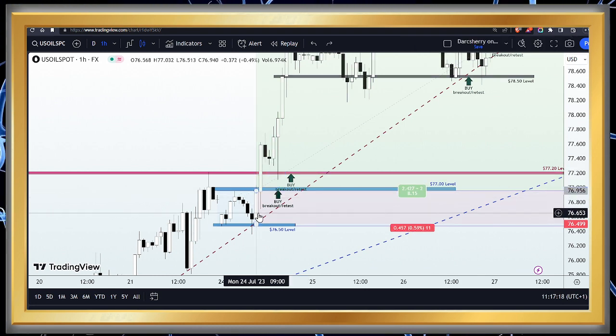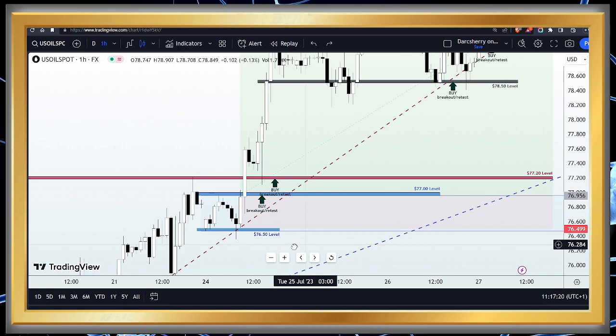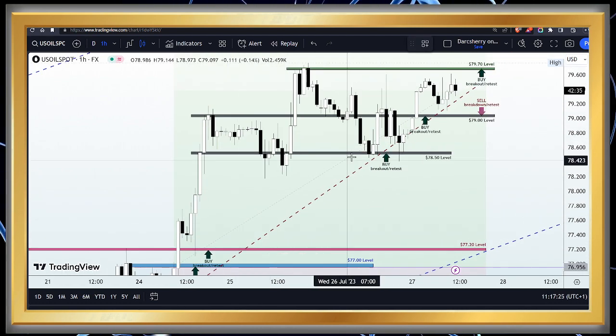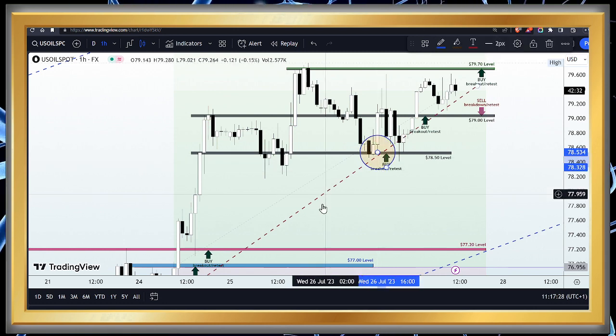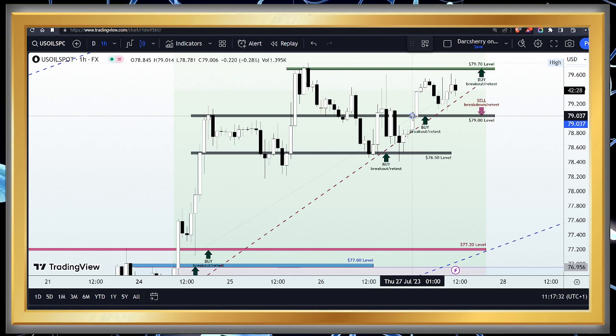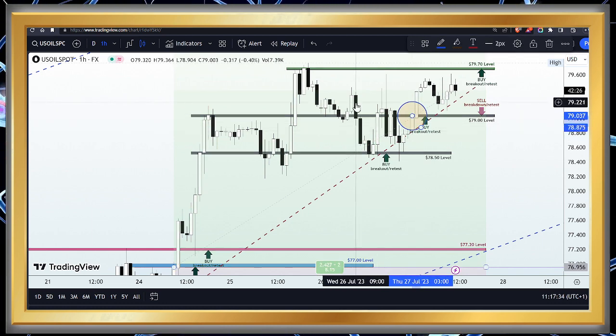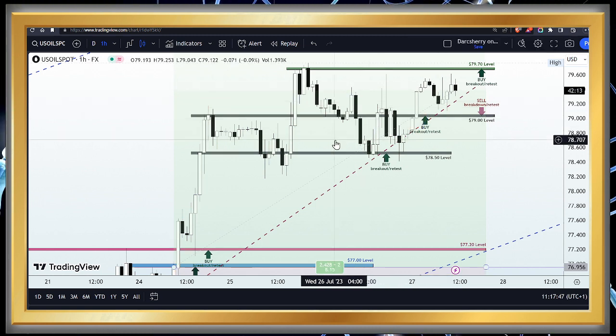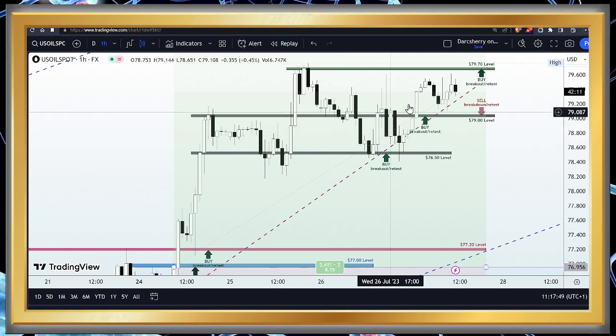$77.20 level. So with this situation here, we continued to ride the bullish move to the upside, and also remember, we added more positions at the breakout of the $78.50 and of course the breakout of the $79 area. So if you have been with us since the beginning of the week, you should be having a minimum of 4 positions running in profit on the USOILSPOT. So for those who are part of this profitable journey, well done to you for being on standby to have caught this move.